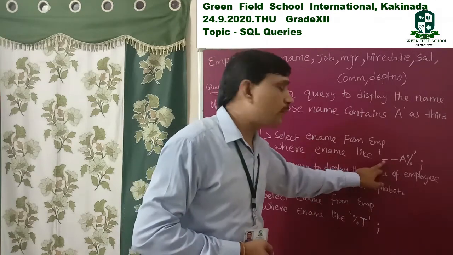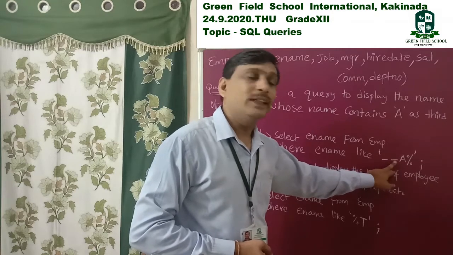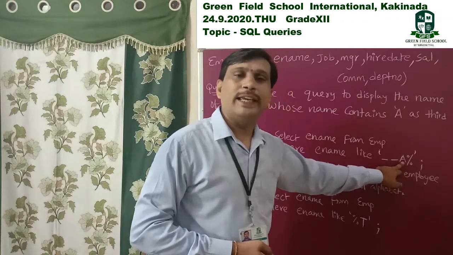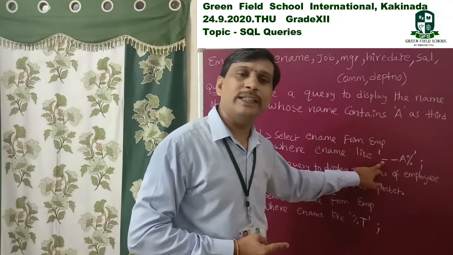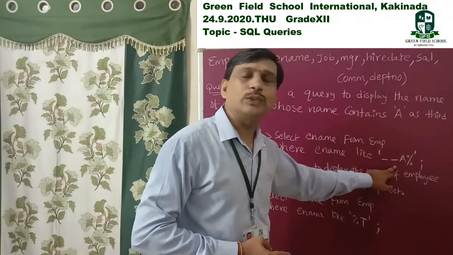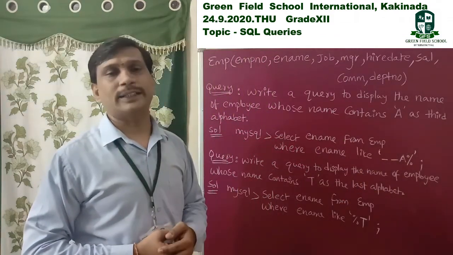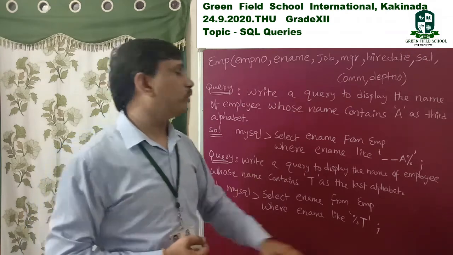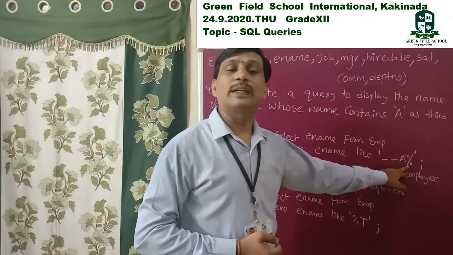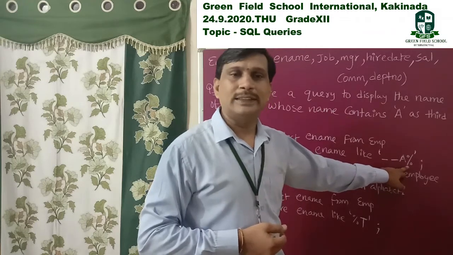So they are asking one condition. That is, the first character can be anything, the next character can be anything, the third character must be capital A. That's why we write capital A here. Anything can be replaced by only a single character, meaning underscore. Here also underscore. Here I write capital A. After that they are not specifying how many characters, either 0 characters or more characters. That's why you use percentage. So percentage replaces 0 or more characters.